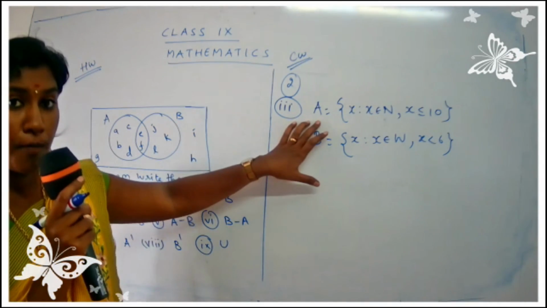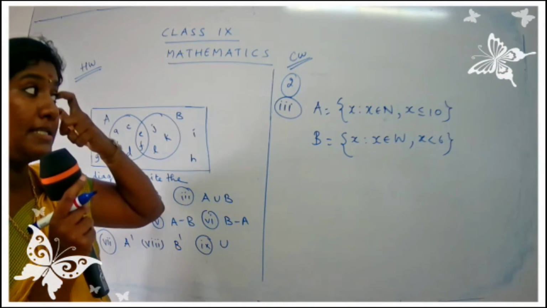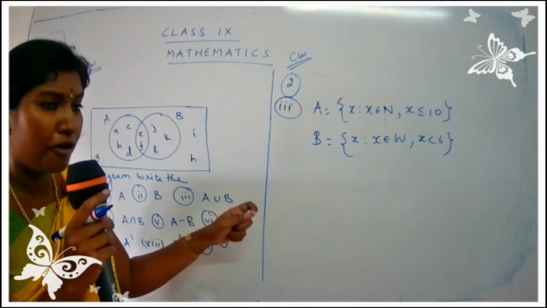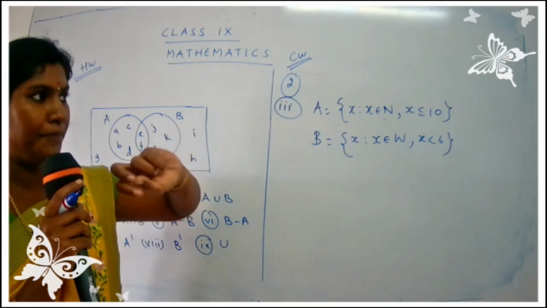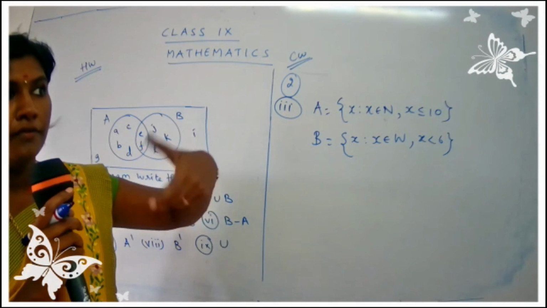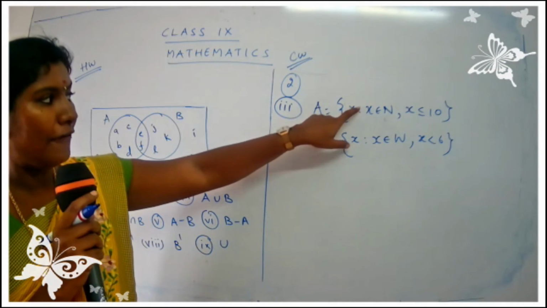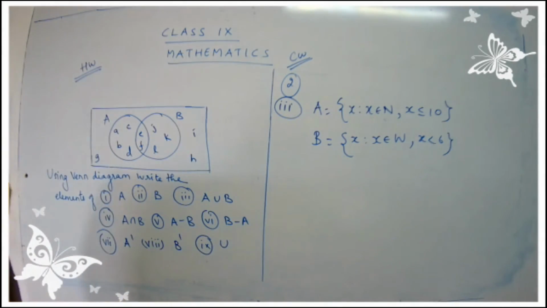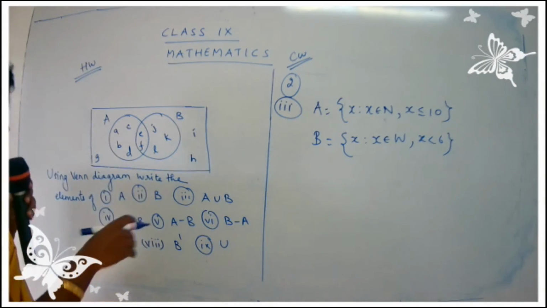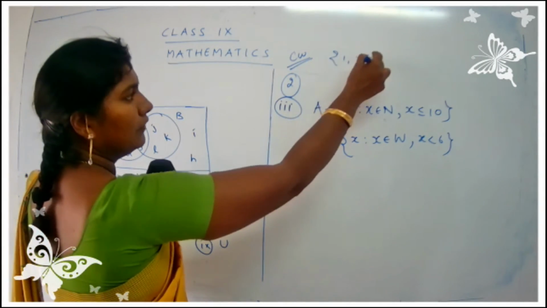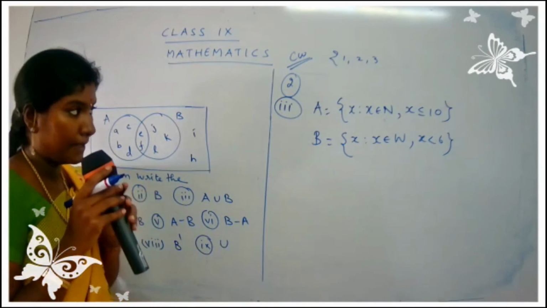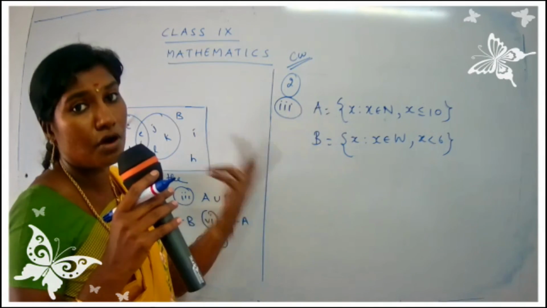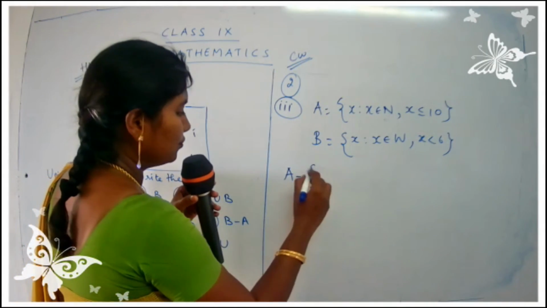So this is which rule? This is which form? In the first class, I have told you the sets are represented using 3 different forms. One was descriptive form. Descriptive form is the set of all prime numbers or the set of all flowers, like that it goes on. When you have colon or when you have a line, you have to call it as a rule form or set builder form. And when you write down all the members, like 1, 2, 3, 4, 5, you call it as a roster method. So now what we are going to do here is write down the rule form as a roster form.